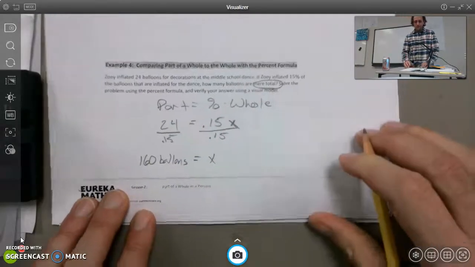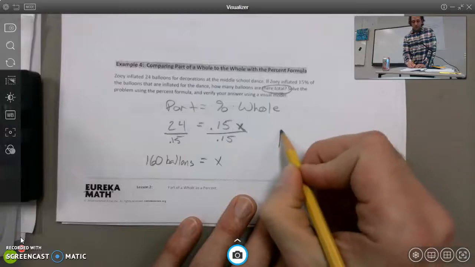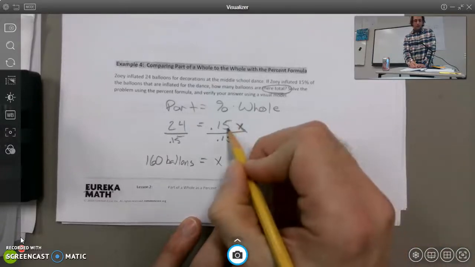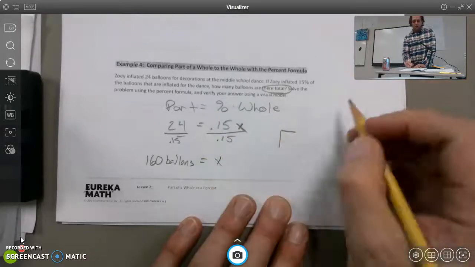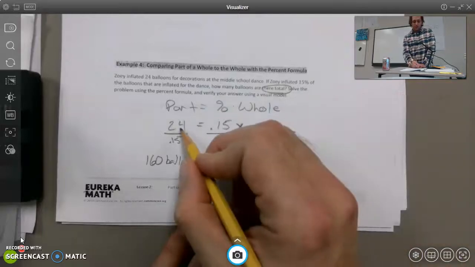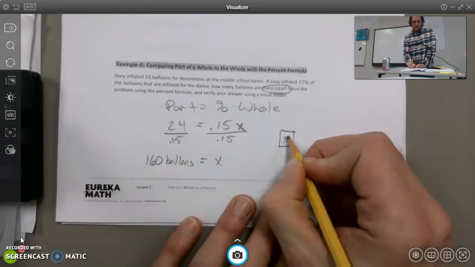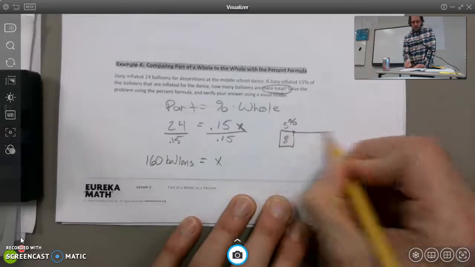Now, could we do that as a diagram? Sure. Think about it like this. I can't get to 100 using 15%, right? But I could get to 100 using 5%. If 15% is 24, 5% would be 8, right? So I could say 8 is 5%, right? So then if I wanted to know